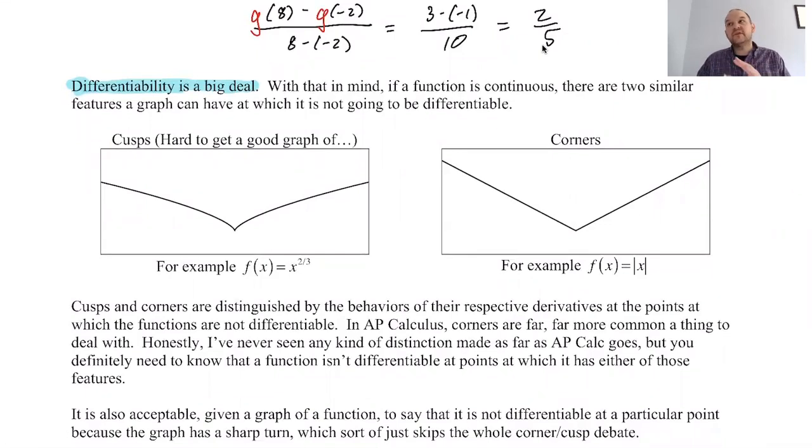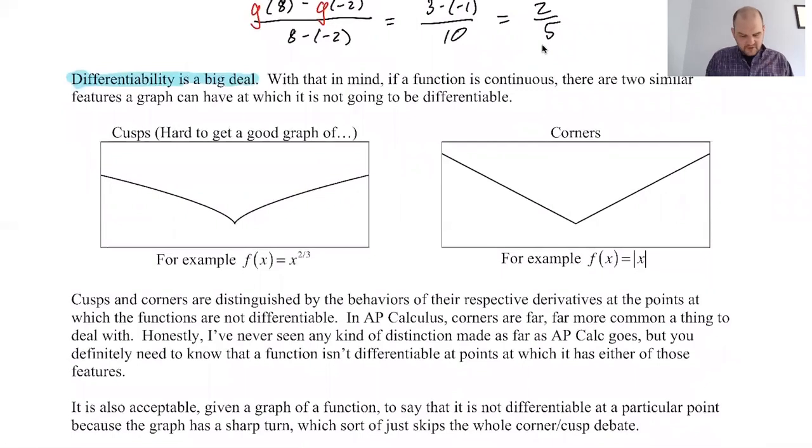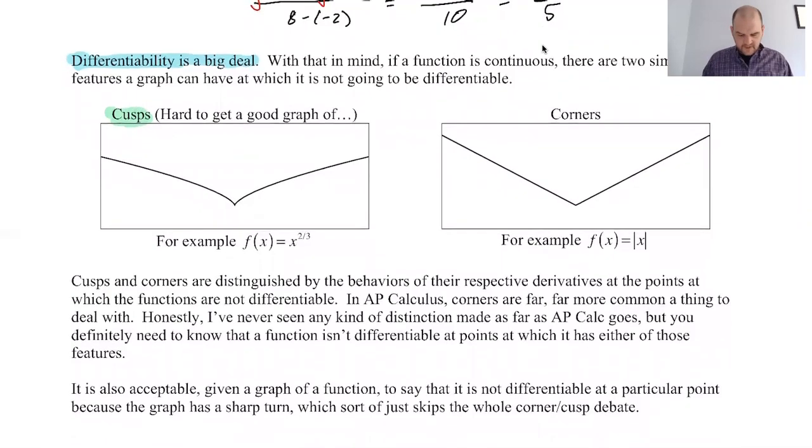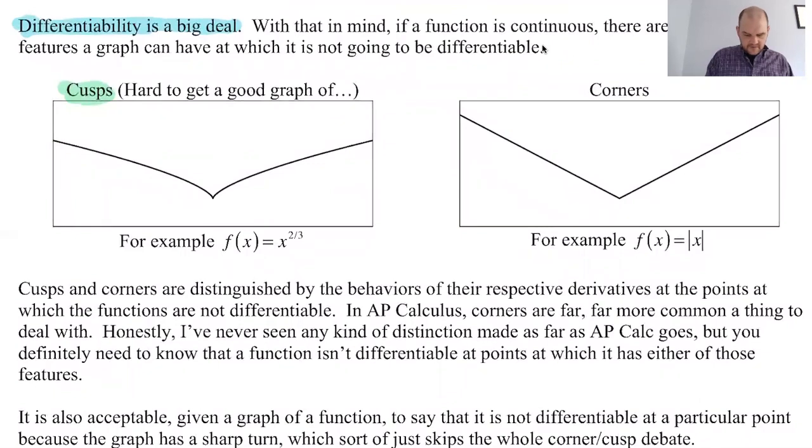And the features are really, really similar. And then there's a third feature that we can have where it doesn't look like these. But we can have what's called a cusp. So a cusp, let me tell you what technically a cusp is. If we look at this, the limit as x approaches, I'm going to say it's c. It's actually 0 for this particular function, so I'll use 0, from the left of f prime of